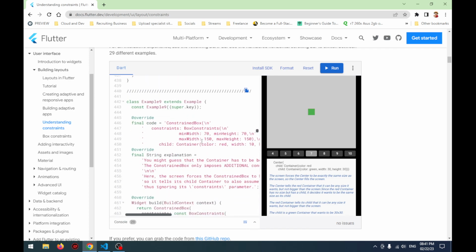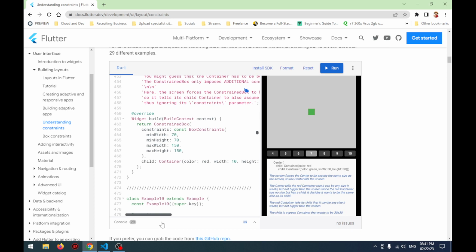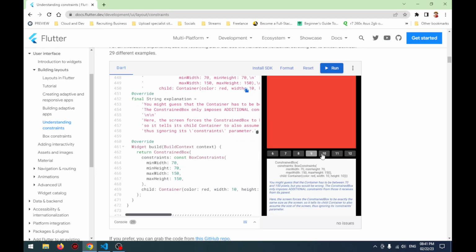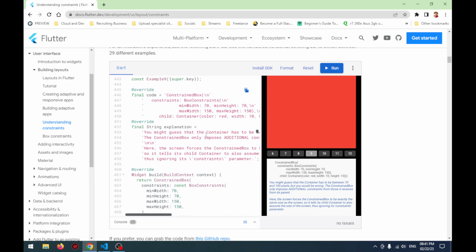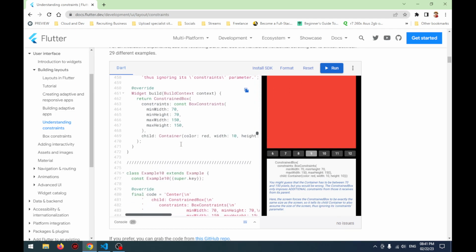Anyway, let's look at the 9th. Box. Minimum height. Maximum width. This one has a color red, a small red box. Oh wait, the 9th one has a small red box. But no, I was wrong. This literally has a complete red box. Okay,